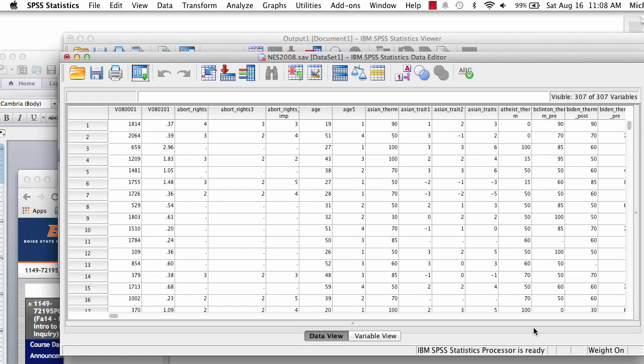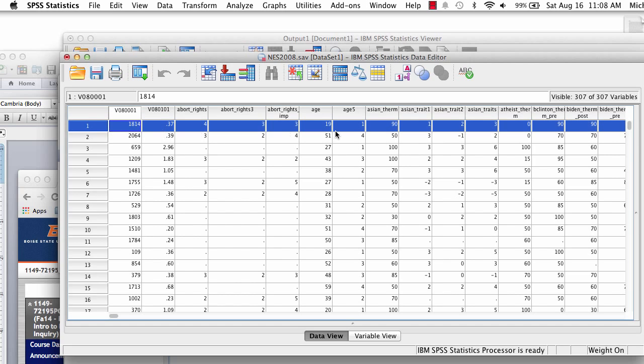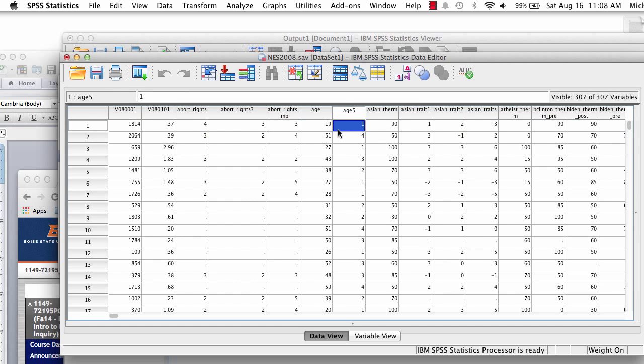Next, the first thing you should see on your screen is the Data View tab. In this view, you can see the entire dataset. The column headings tell you the names of each variable. The row numbers tell you the observation number, so this row is observation 1. The information in the cells are the actual data. If you want more information about each variable, you can click on the Variable View tab below.